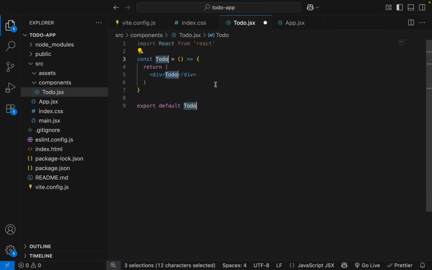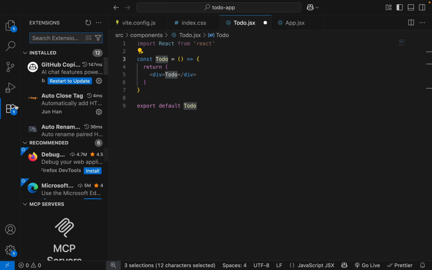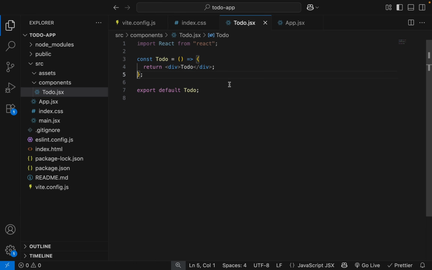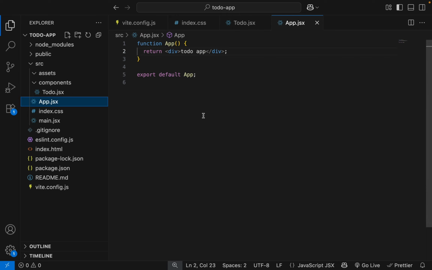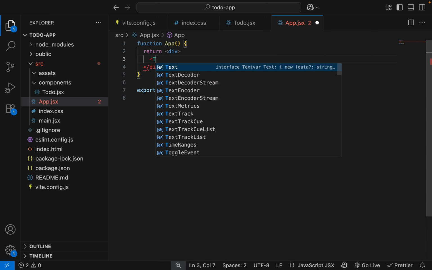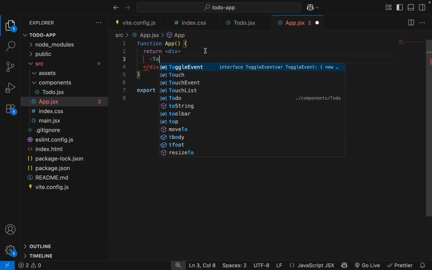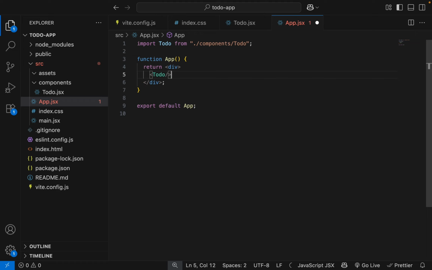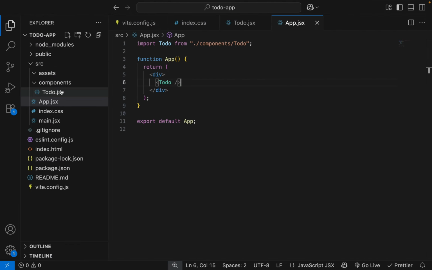Create a code snippet by using the React code snippet extension. You can download it from VS Code extensions. Now import this component into the App component. So the to-do component is imported.